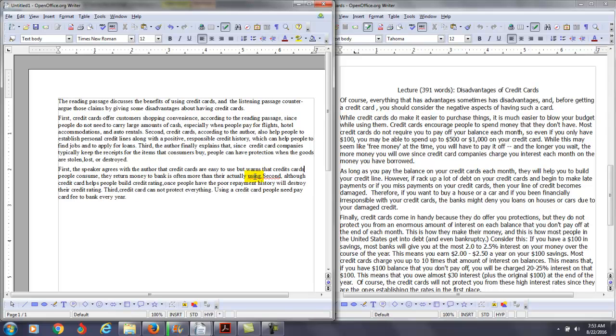You might say here, encourage people. If you look at what it's saying, so it warns that credit cards encourage people to spend more money than they have, which may